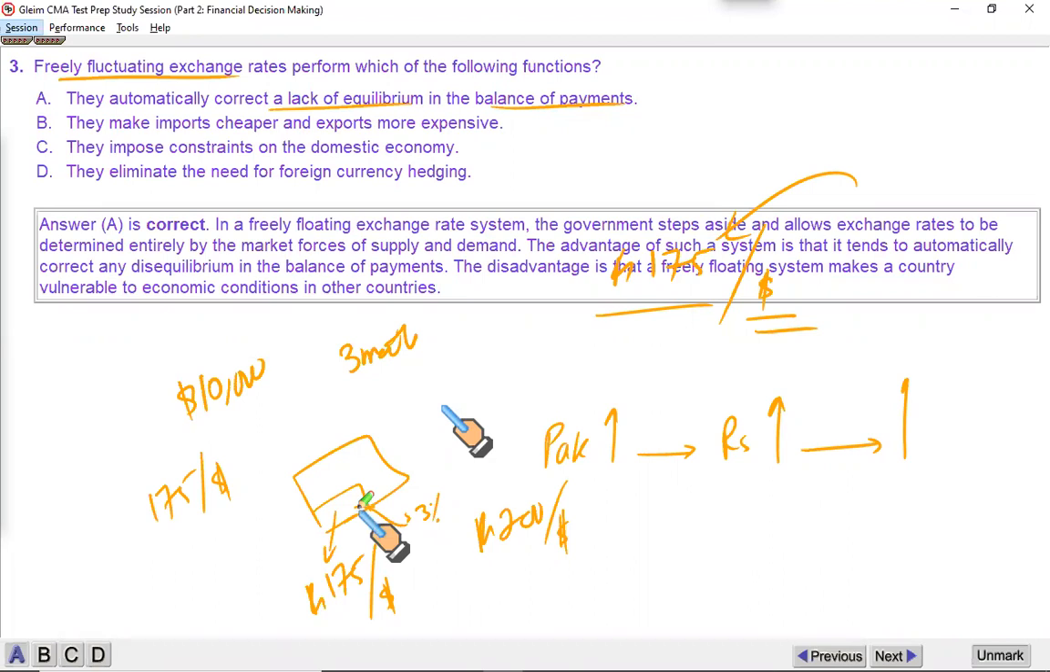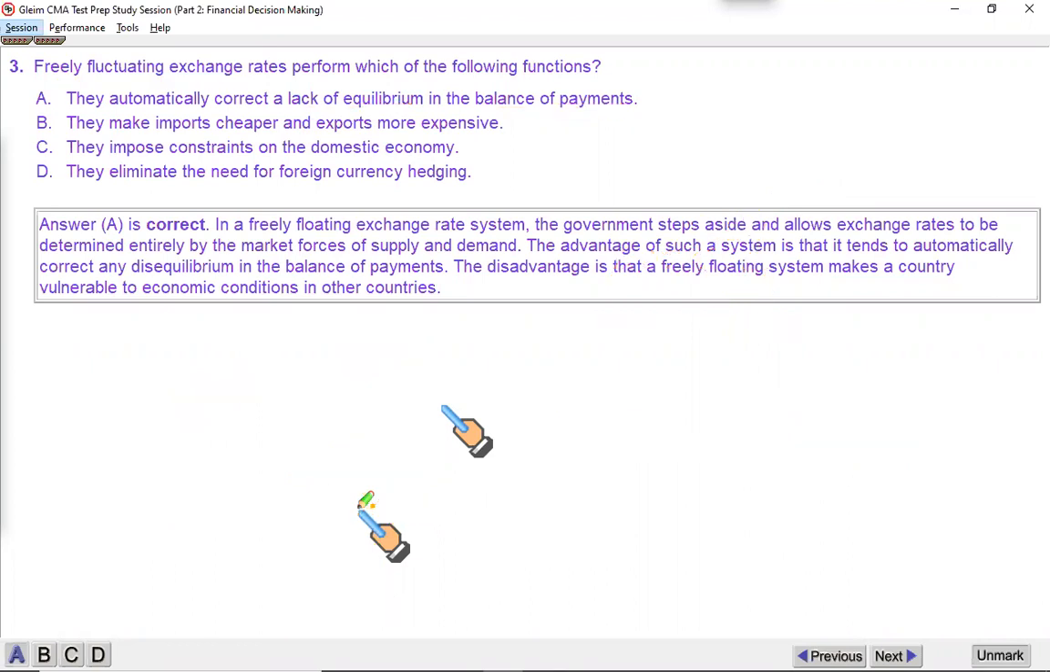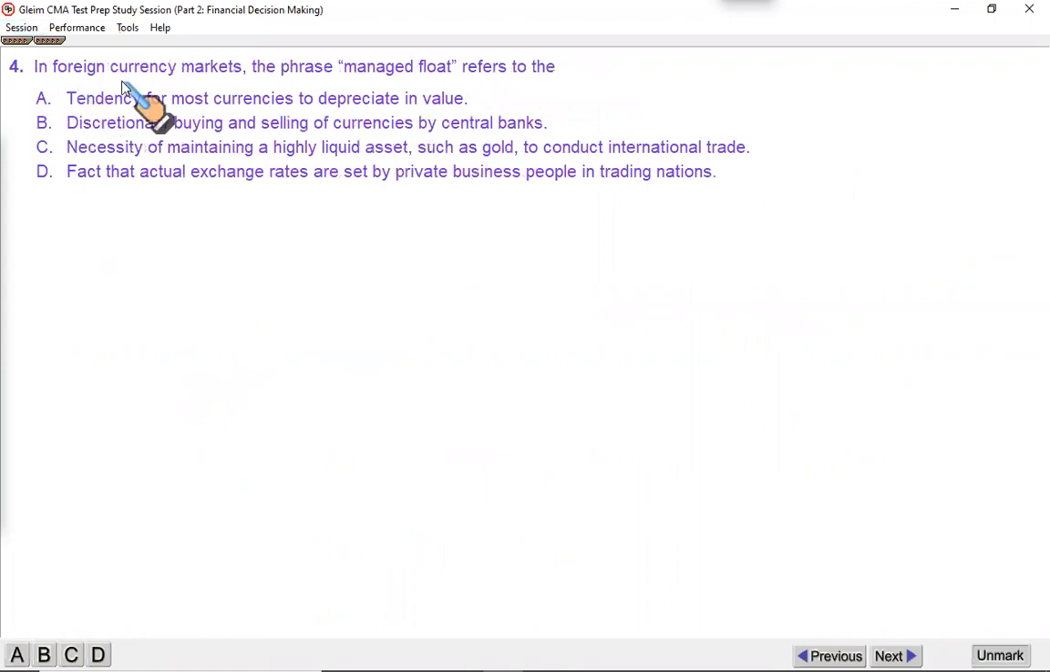What are the tools we have? We have some tools we can use to protect ourselves against exchange rate volatility. Money market hedge, we have options, we have swaps, we have forward contracts. We'll discuss them. Next, in foreign currency markets, the phrase managed float refers to, managed float means intervention by the